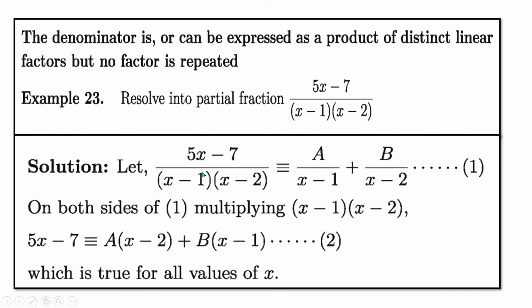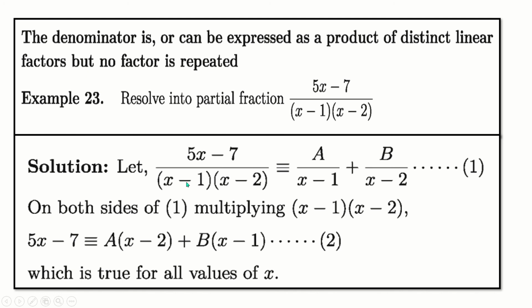Numerator doesn't matter. And this type of partial fraction will be solved another way, that is a thumb rule. In next class, when we study class 11-12, then we'll discuss the thumb rule. Okay, now follow this process. At first you have to multiply both sides by the denominator of the left side of the given problem. Here the denominator is (x - 1)(x - 2).